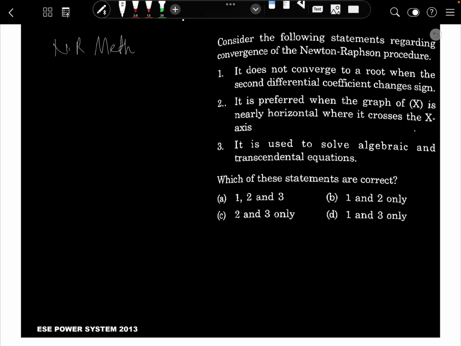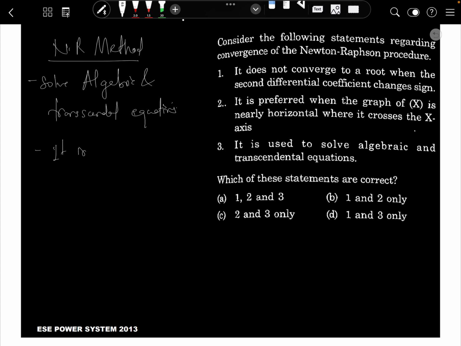Newton-Raphson method: we solve algebraic and transcendental equations, and it is a numerical solution. So shape or slope does not have any